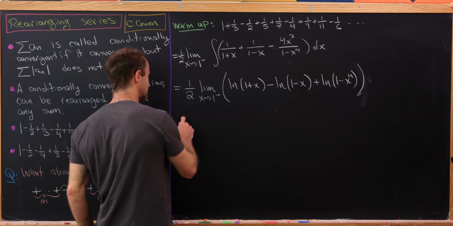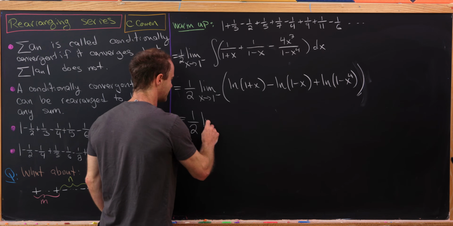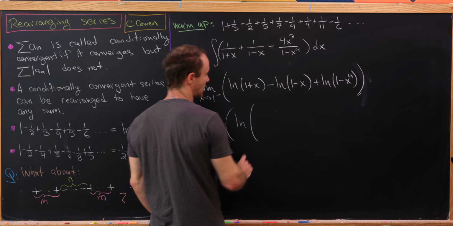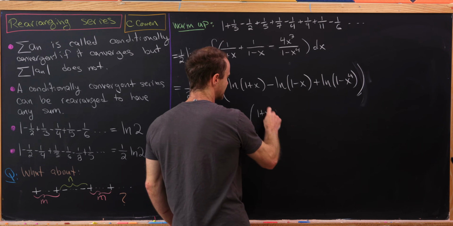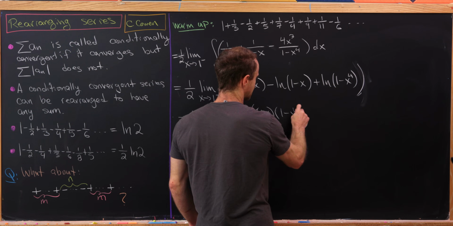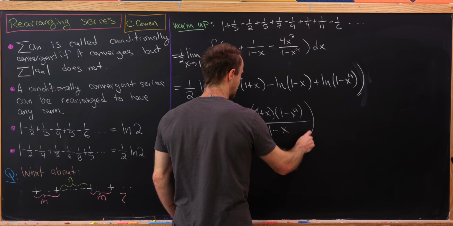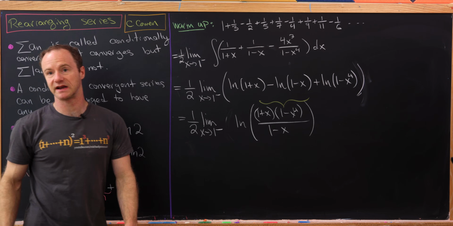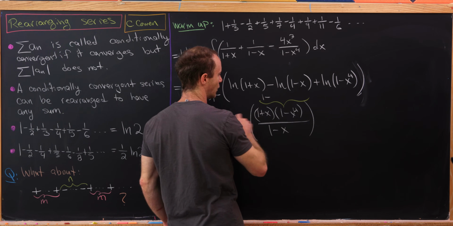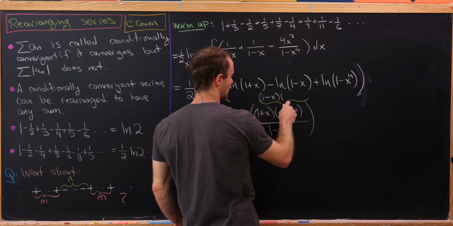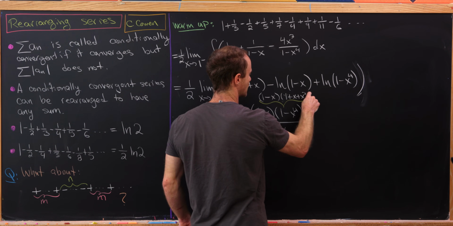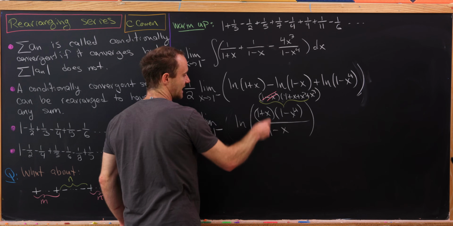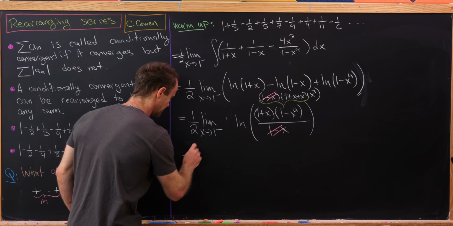Now we can start putting this together using logarithm rules. So we'll have 1/2, and then the limit as x goes to 1 from below of the natural log of, let's see what we have, 1 plus x times 1 minus x to the 4th over 1 minus x. Next up, let's use the kind of standard factorization of 1 minus x to the 4th. That'll factor as 1 minus x times 1 plus x plus x squared plus x cubed. So now we can take this 1 minus x, cancel it with this 1 minus x,